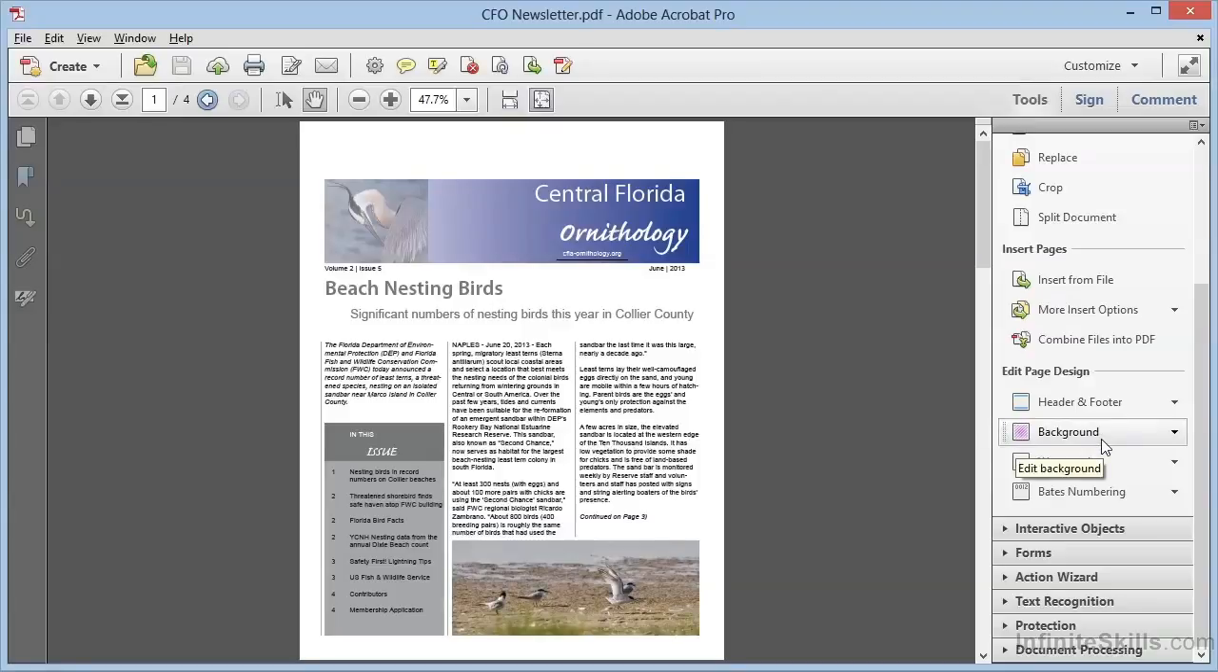When we edit the background, we have the ability to add background elements directly on our page, which at the moment is a plain white page. The background will replace the plain white and will be underneath all of the text and graphics elements on our